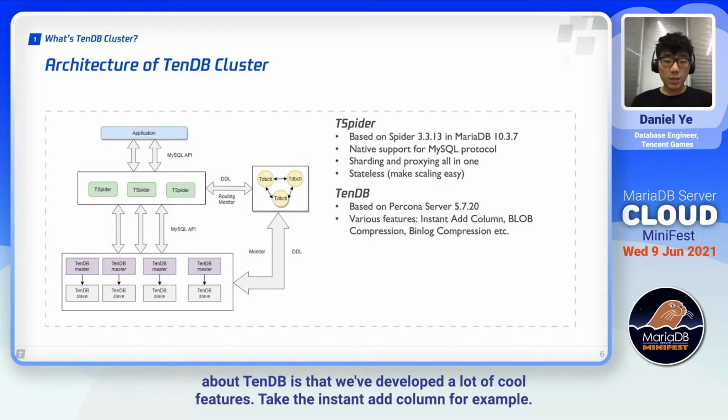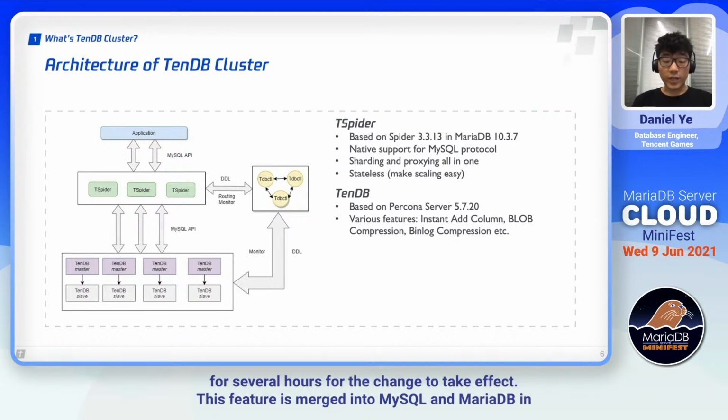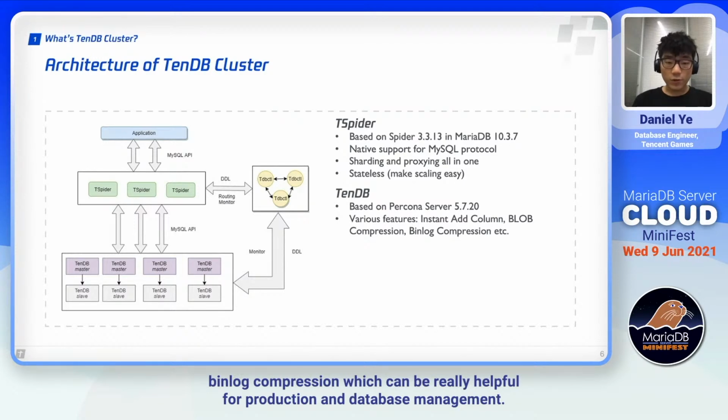What's cool about TenDB is that we've developed a lot of cool features. Take the instant add column, for example. On TenDB, you're able to add a column to a large table almost instantly without needing to wait for several hours for the change to take effect. This feature is merged into MySQL and MariaDB in the latest versions. Other than this, we also have features like blob compression, binlog compression, which can be really helpful for production and